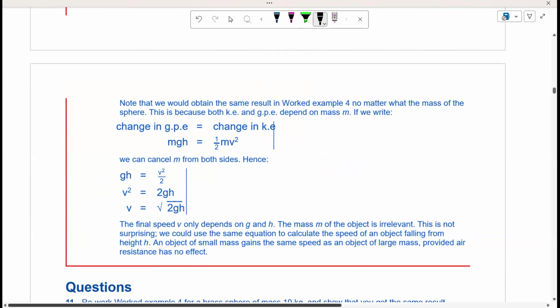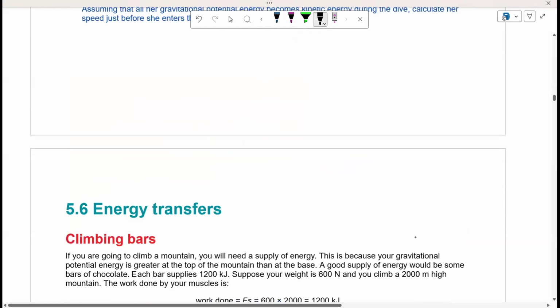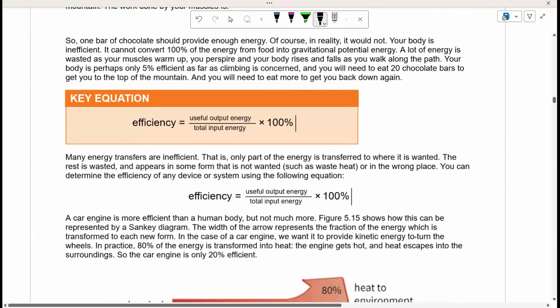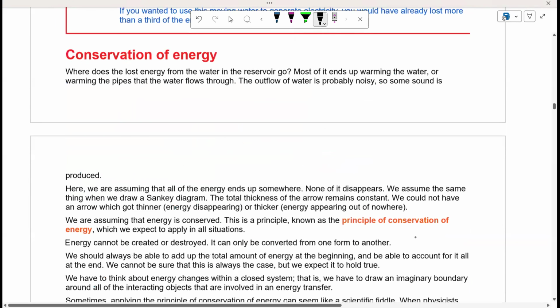When there is no resistive effect present. जब resistive effect present होंगे तो minus fd आएगा साथ में, ठीक है? They might have mentioned that equation here as well. Efficiency, it's the same as we have done in O levels, which is useful output over input into